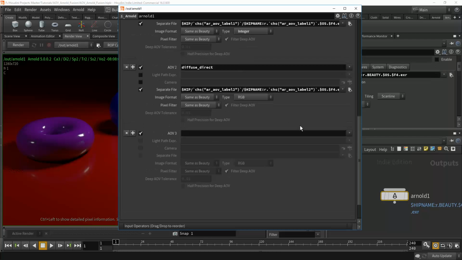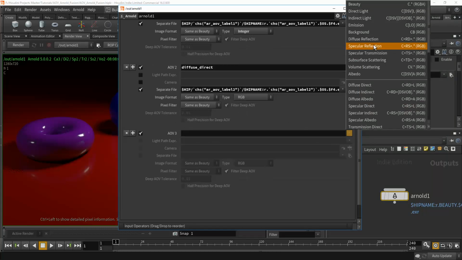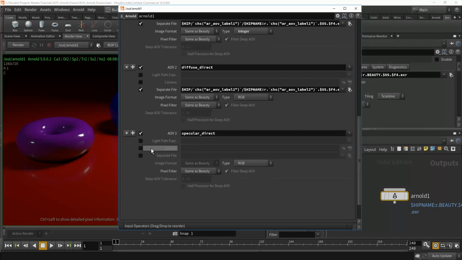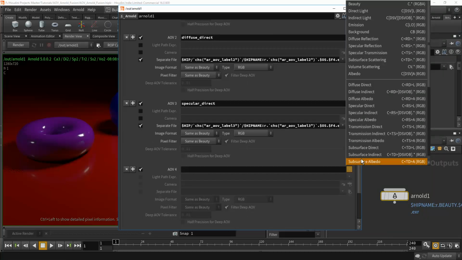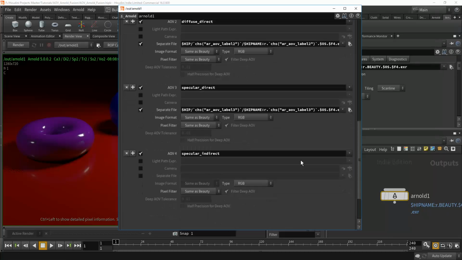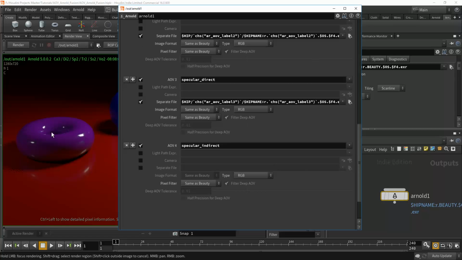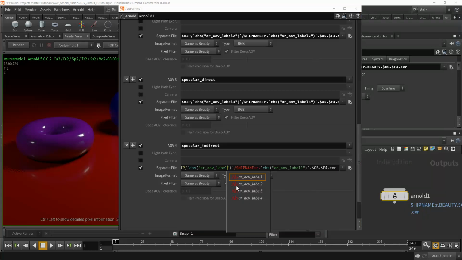So let's add another one. Let's say we want our different speculars. Specular direct, separate file. Let's be AOV3 and AOV3. And let's add another one. Specular indirect. Okay. So the specular direct is like all these little white highlights you're seeing here. And the specular indirect is actually the sort of color specular that you're getting from bounces. There's more about that in the Arnold manual if you want the heady details on it. So this is 4,